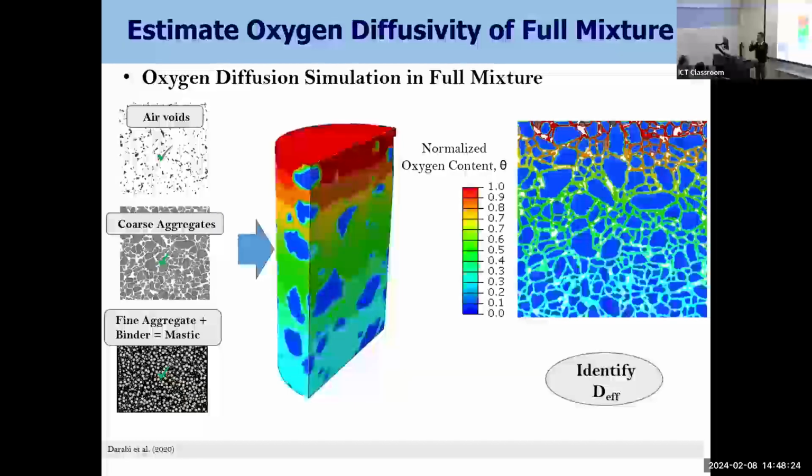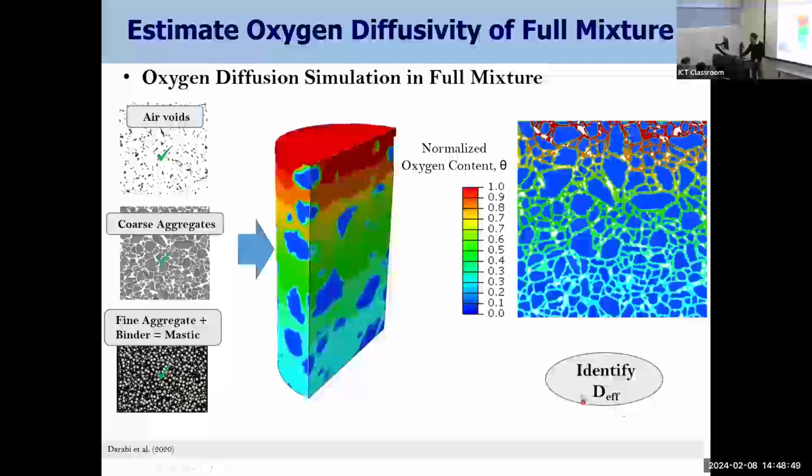So I think, obviously, at the surface of the pavement, the stiffness or the modulus of the material should be higher because it ages and oxidizes much faster. Now, the idea of this is that we need to know how fast or how slow different locations in the pavement are going to age, but we don't know the oxygen diffusivity of the pavement. Using that, we can get the oxygen diffusivity.